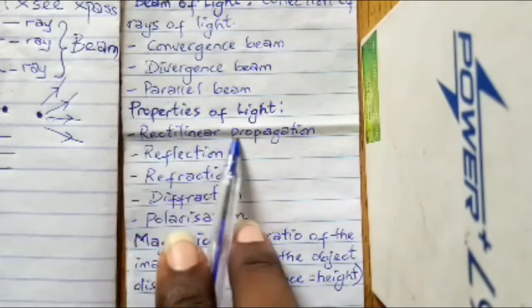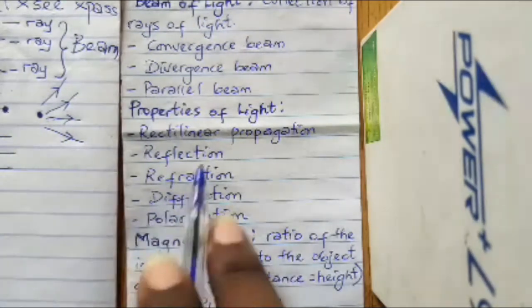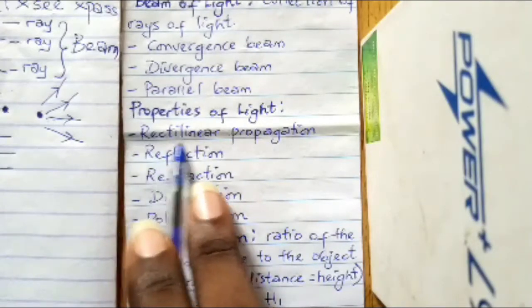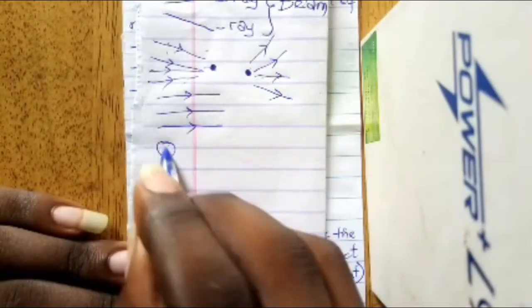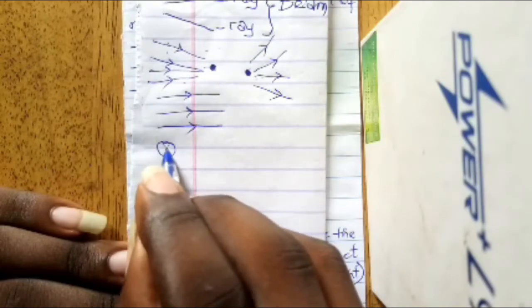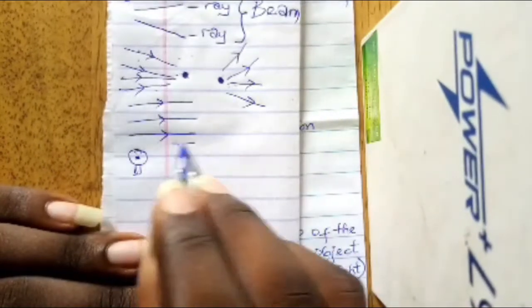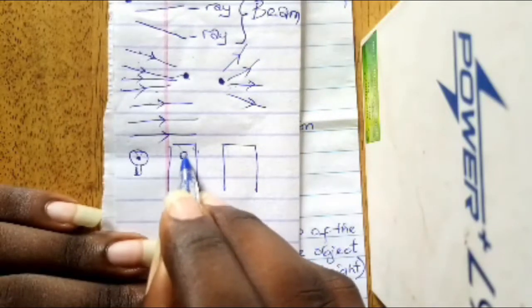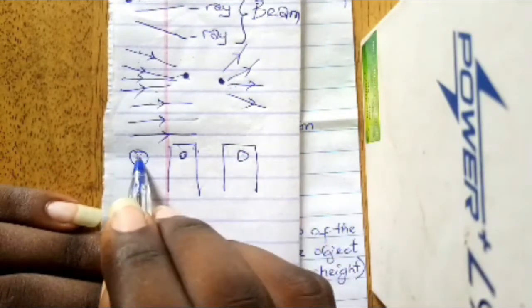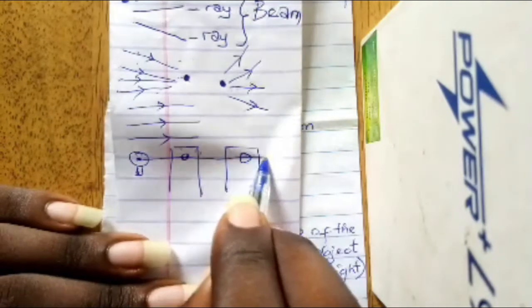So, rectilinear propagation of light. For rectilinear propagation, the name implies rectilinear. This is the process in which light travels in a straight line. So in a simple experiment, you have a source of light. You have a hole here and a hole here. Now, from the experiment, it is seen that light rays travel